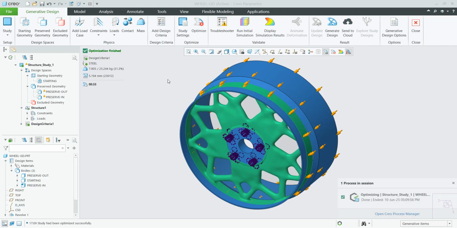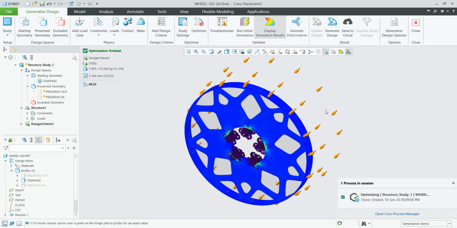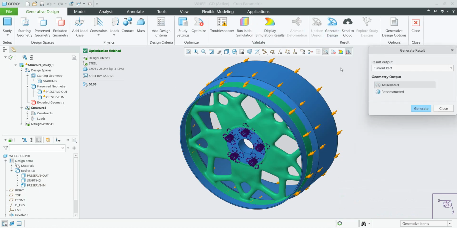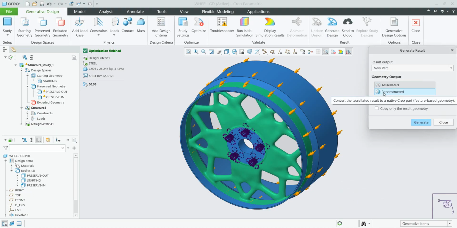If you are satisfied with your final geometry, you can check the display simulation results. The system will show you the necessary information for you and for future calculation by Creo Simulate, for example, or you are able to generate the final design, and we would like to create it as a new part, and we can, for example,